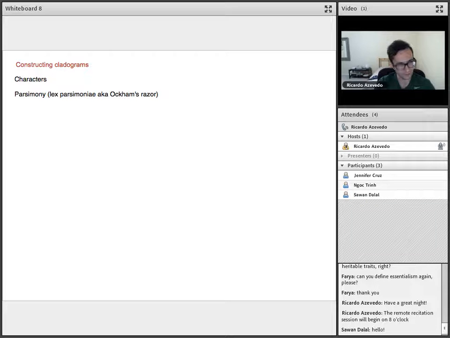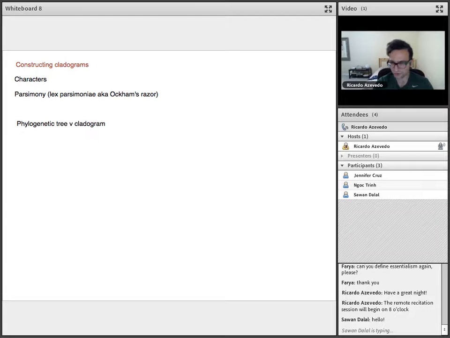So does anyone know what's the difference? By the way, you can also talk if you want to instead of writing at any point, but you can just write. So the difference between phylogenetic tree and a cladogram. What differentiates these two? In your textbook it has usually been used interchangeably, but yes,